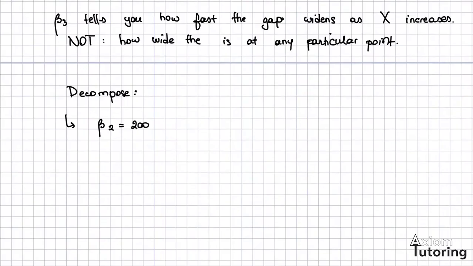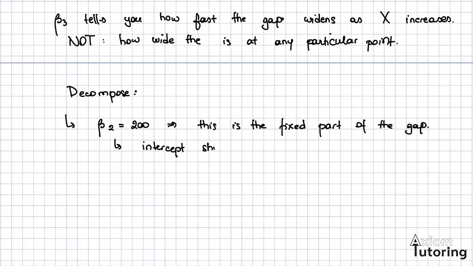Okay, so this is the fixed part of the gap. Okay, this is literally due to the intercept shift. Okay, so intercept shift due to the dummy. Okay, and keep in mind, same for any